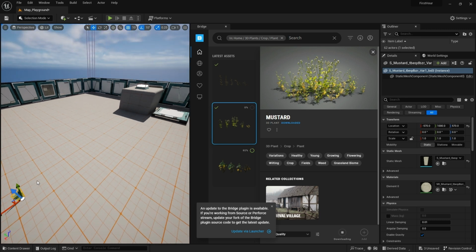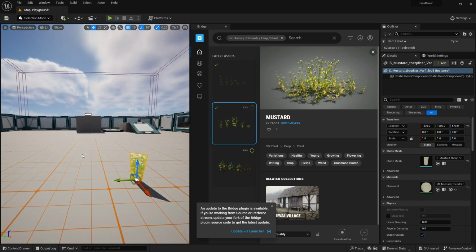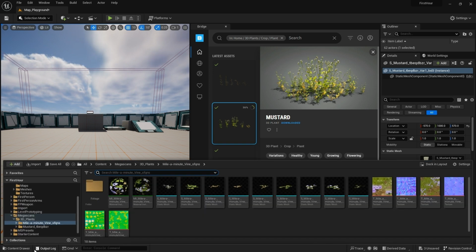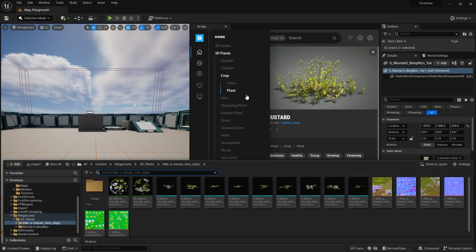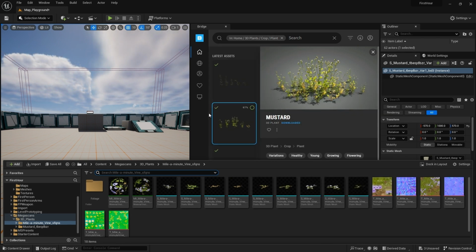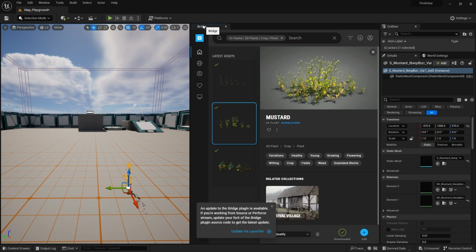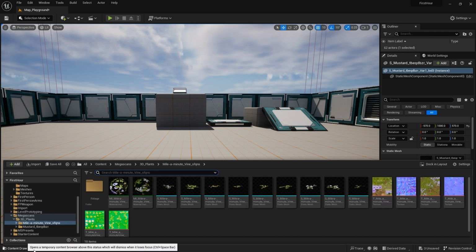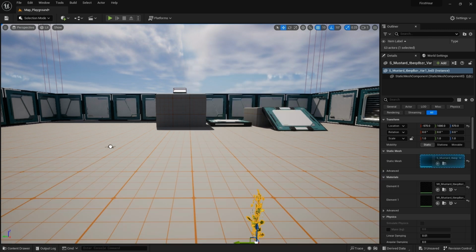To give a preview, this is standing. If you go down to your content, they're already in the content. Just because you downloaded them, they're already in the content. And that is how you bring your Quixel Bridge content that you can use at all times. So here you are, how to import content. You can click and drag to see how the size